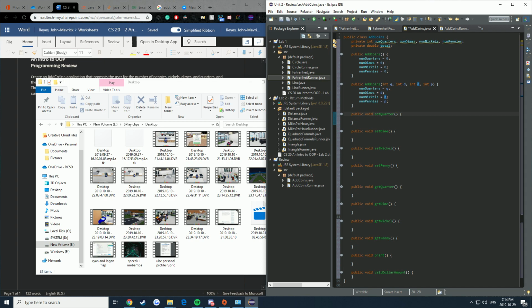For set quarter, we'd take the input of q, and then we just set num quarters equals q, and for the rest of the coins we do the exact same thing, just for their own variables. Set dime, int d, num dimes equals d. Set nickel, int n, num nickels equals n. Set penny,